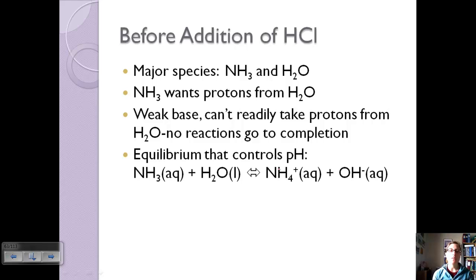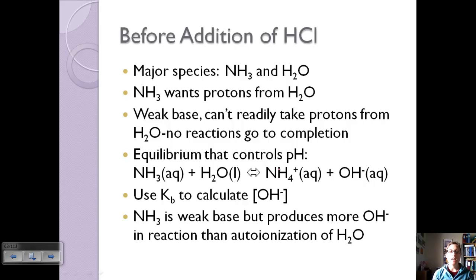So we need to find the dominant equilibrium that controls pH, and that involves the ammonia with water producing ammonium and OH- ions. Because ammonia is a weak base, we need to use the Kb value to calculate the OH-. And even though we also have water here that could produce OH- ions, we're going to go with the ammonia because it produces more OH- in the reaction than the autoionization of water,